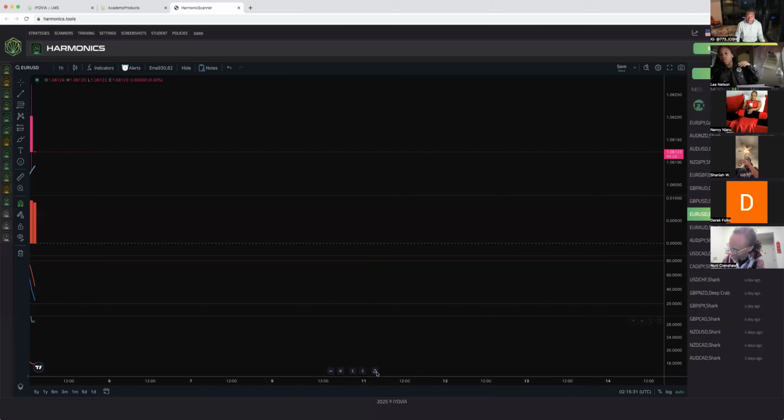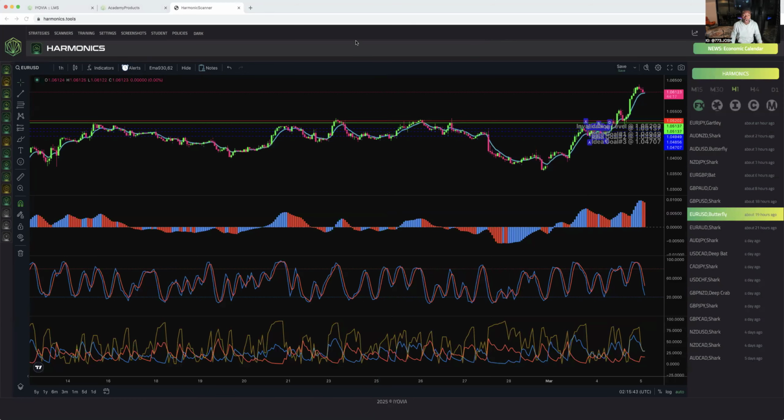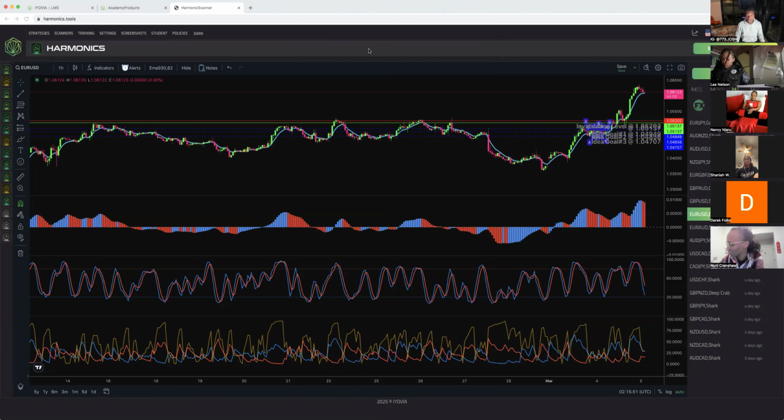But let's see. So when you open up this tool, can everybody see my screen? Yeah, I'm looking at it actually. Perfect. So when you open this thing up, doesn't this look confusing? Yes? No? Let me know in the chat. Doesn't this look like a bunch of what? Like all of these lines, all of these colors, it's a whole bunch going on. Right?